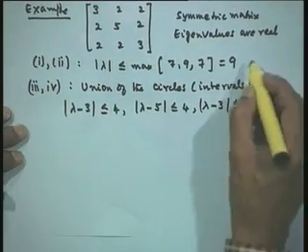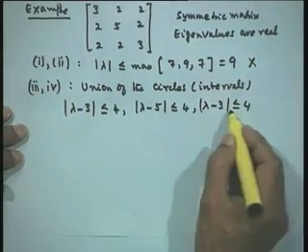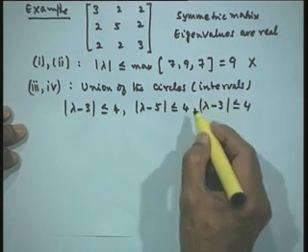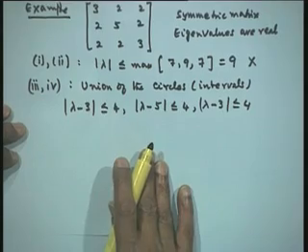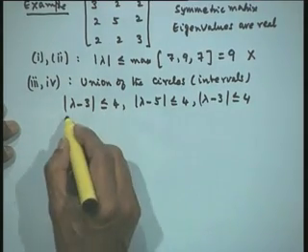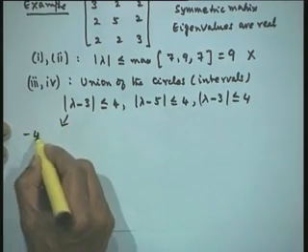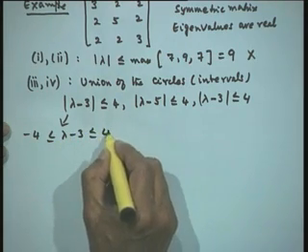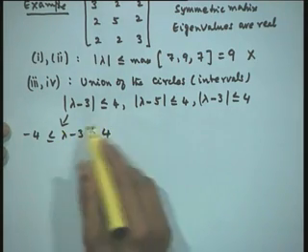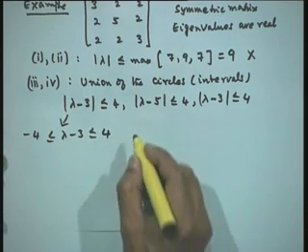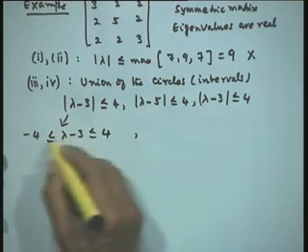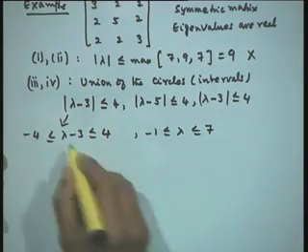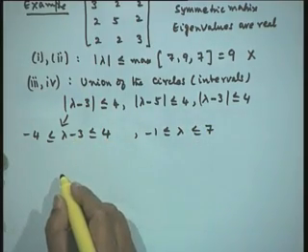Now, we can see that this is too big, therefore in the intersection we can throw away this particular bound, because it is much smaller than these bounds. Now, let us open it up. The first one is minus 4 less than or equal to lambda minus 3 less than or equal to 4, so it is an interval. Opening it up, this gives you minus 1 less than or equal to lambda less than or equal to 7, bringing it to this side.